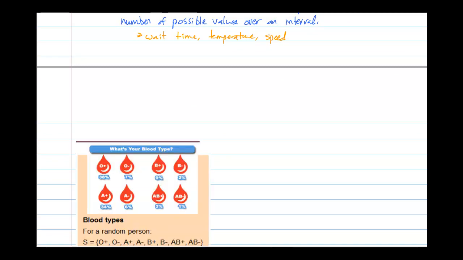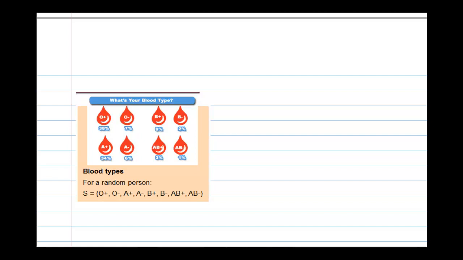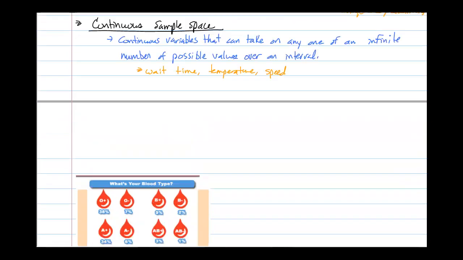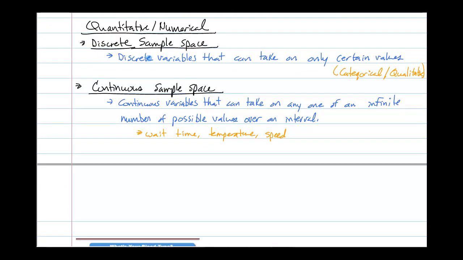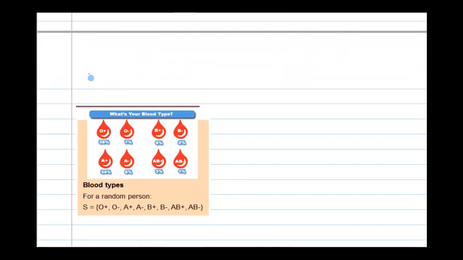So let's start with blood type. Well, first of all, when we talk about blood type, we can kind of look back up here. It's discrete. It can only take on a certain value. And is it categorical or is it numerical? Well, blood type is definitely categorical. So this is an example of discrete and categorical